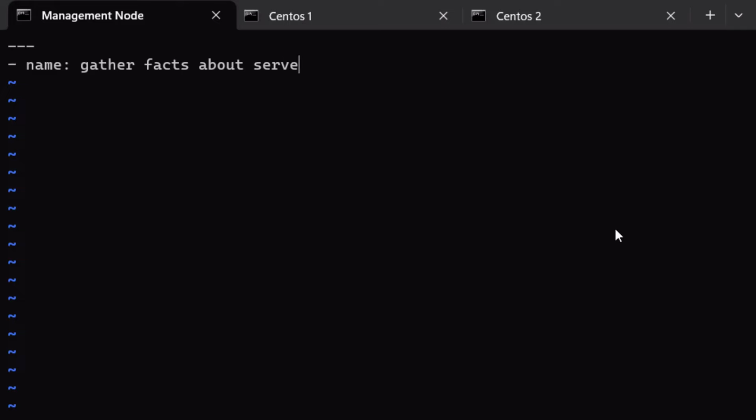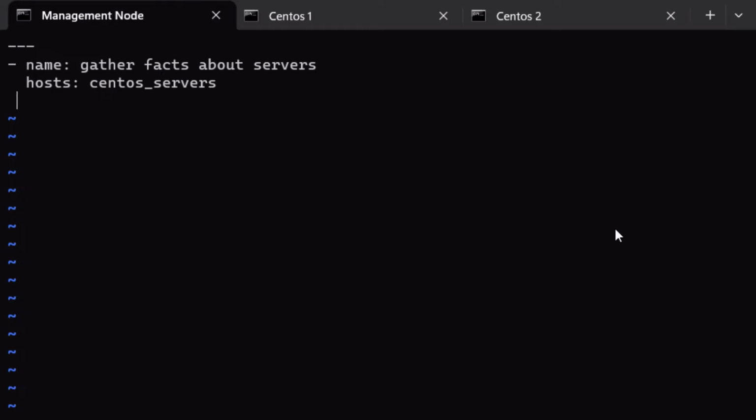about servers. Now remember one thing: if you are playing with the information available through gather facts, then you can't disable gather facts, because if you disable it, that information is not going to be available. Anyway, I want to run it on CentOS servers only for